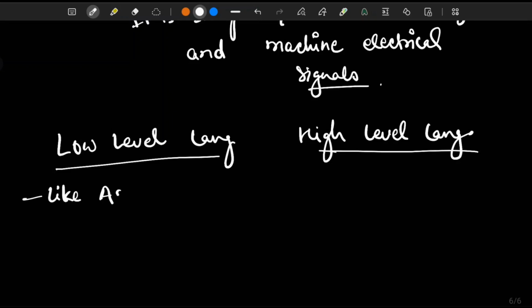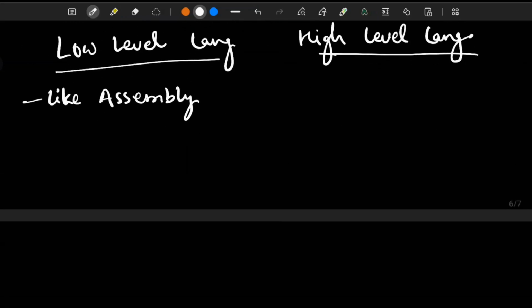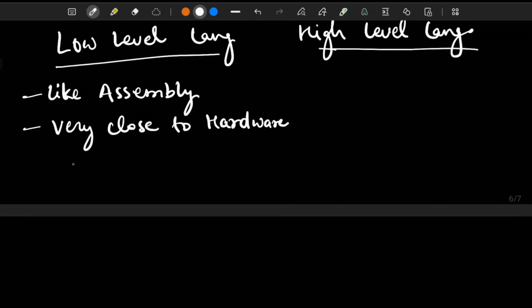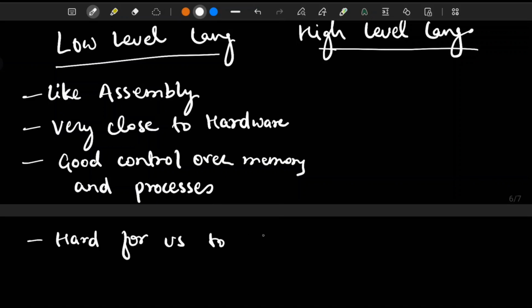Low level languages like assembly are very close to hardware. They give you fine-grained control over the memory and processes. The computer loves them, but they are incredibly hard for us to read, write, or debug.